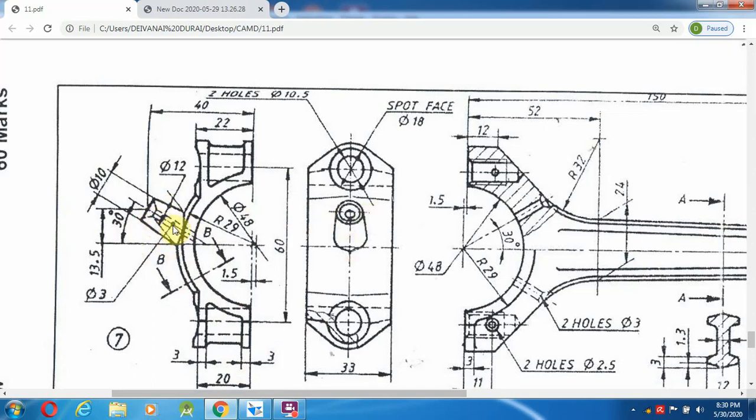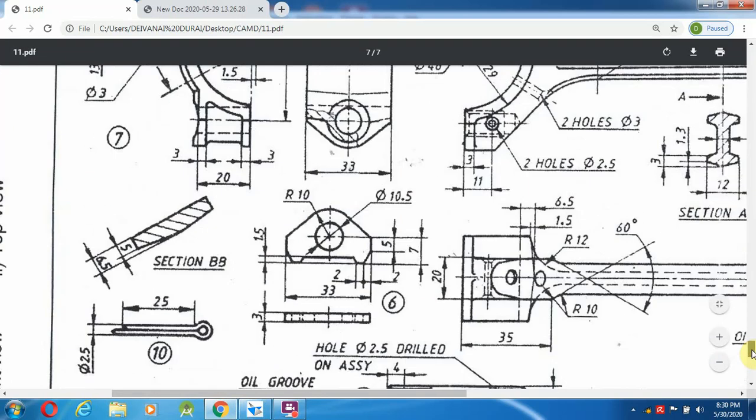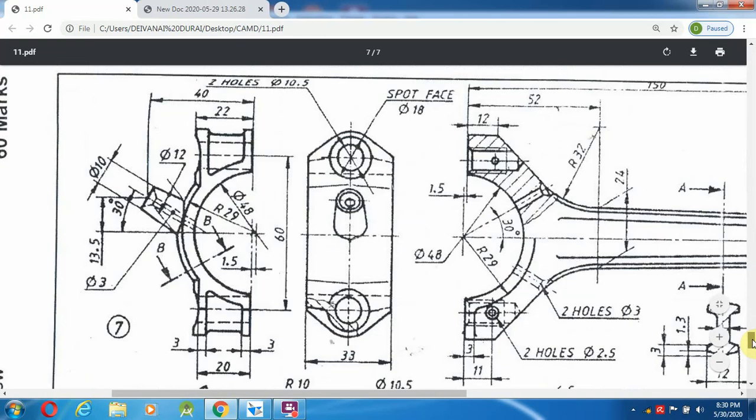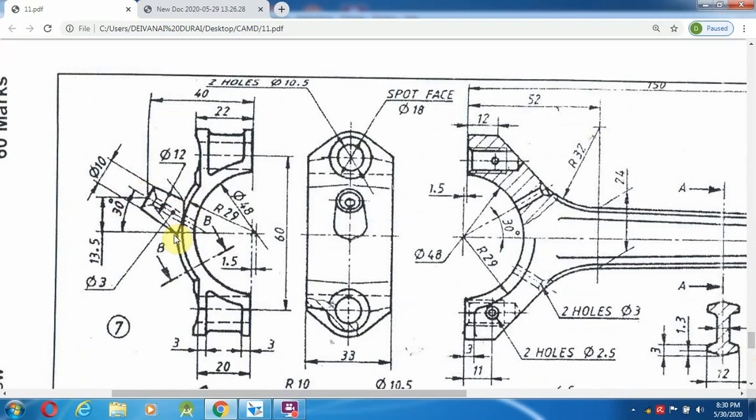Actually, we check in the another view. The diameter is not pi 12, so this may be changed over here. Okay, so this is the thing. This will be the pi 12 as well as the inside one, that is the pi 3 mm.